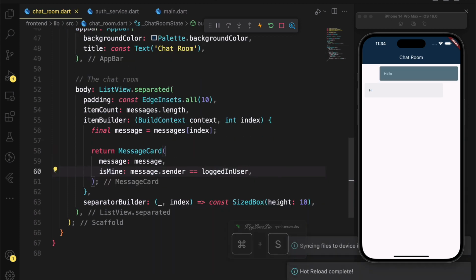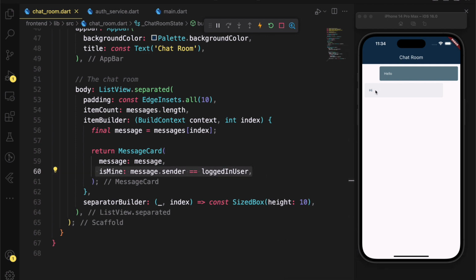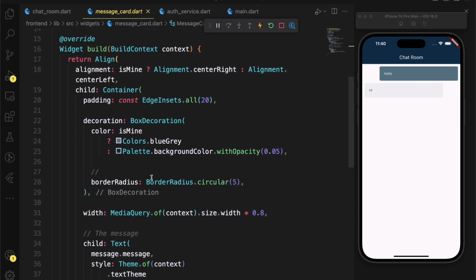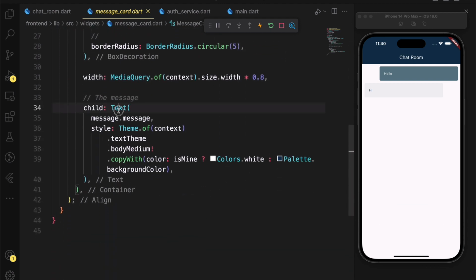So if the sender of the message is equal to the logged in user, then that is the user that owns the message, and so it's going to move to the right with the background color that is dark, or else it will go to the left with the light background color.